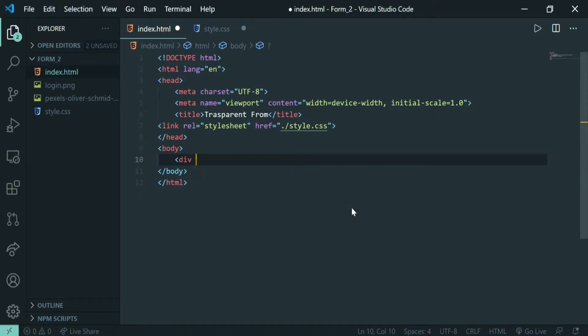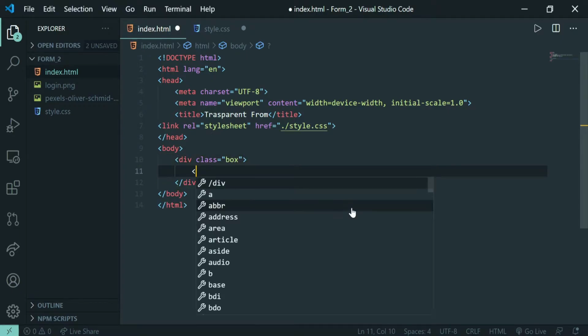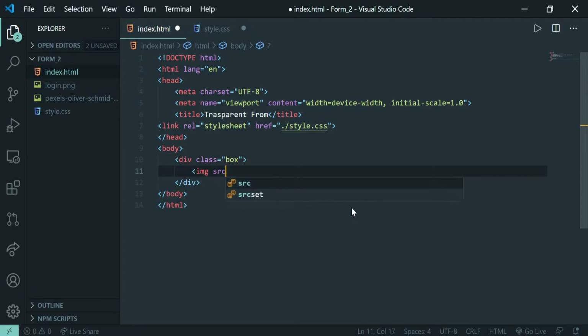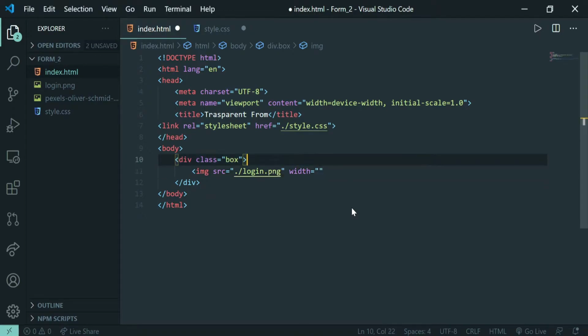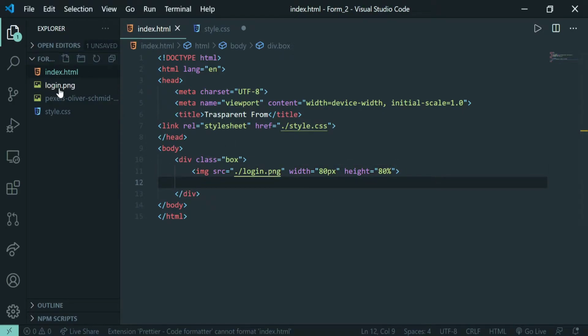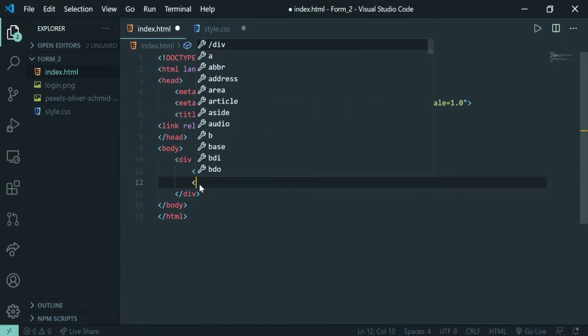So here I will be creating one div with class box, and yeah, this div will be having one image tag src, and I will be linking my png image over here, which will be having a width of 80 pixels and a height of 80 pixels. So now let us see this, and let me first of all create